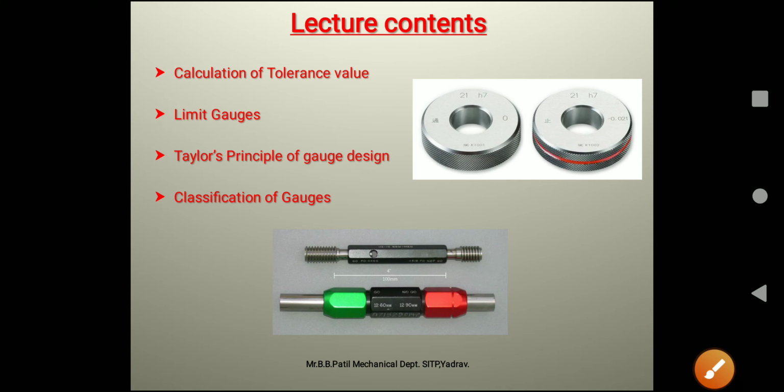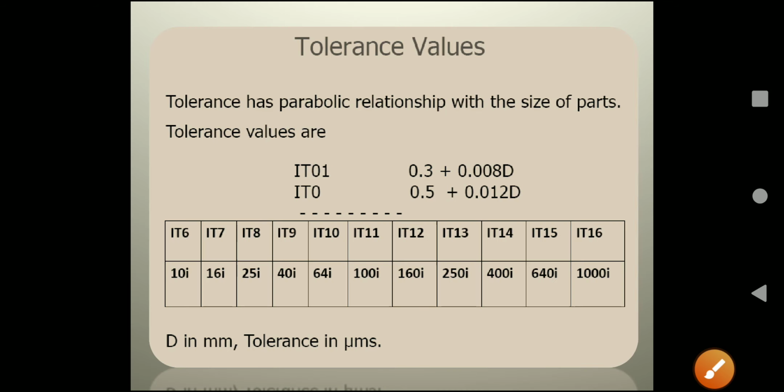So let us see today's lecture content, starting with our first point, that is tolerance values. As we discussed in the earlier lecture, there are 28 tolerance grades that are used for designing the tolerance zones of a hole and shaft. Here you can see the tolerance grades IT6, IT7, IT8, IT9 and IT10. Here you can see the calculations, or the formulae, as per the empirical relation given here.